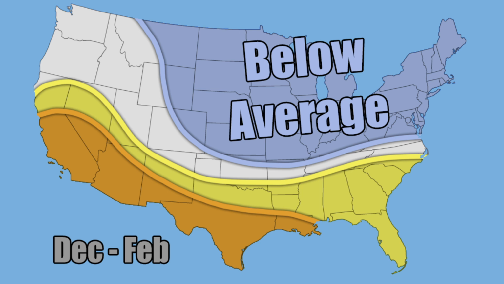So having a cold December is going to drastically change your entire winter outlook, and because December is forecasted to be so cold, I do think that's really going to change your winter forecast, and you're seeing that reflected right now. Now here is that slightly below average region from the Rockies eastward through the Great Plains into the Great Lakes, portions of the Ohio Valley, and then in through the northern and central Appalachians, and then into the mid-Atlantic and Northeast. This is where I'm expecting some slightly below normal conditions, so I do think it'll be colder in these regions.